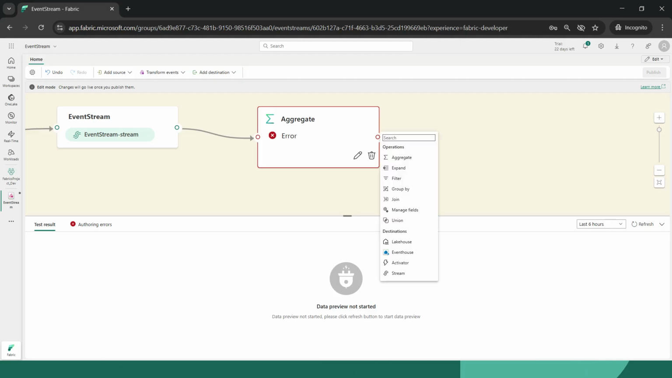So let me just go ahead. I have two different options. I can use the lakehouse to write back the records into the lakehouse, or I can use the event house. This event house is basically your KQL database, which you can use to query the data using the KQL language. So let me click on lakehouse,